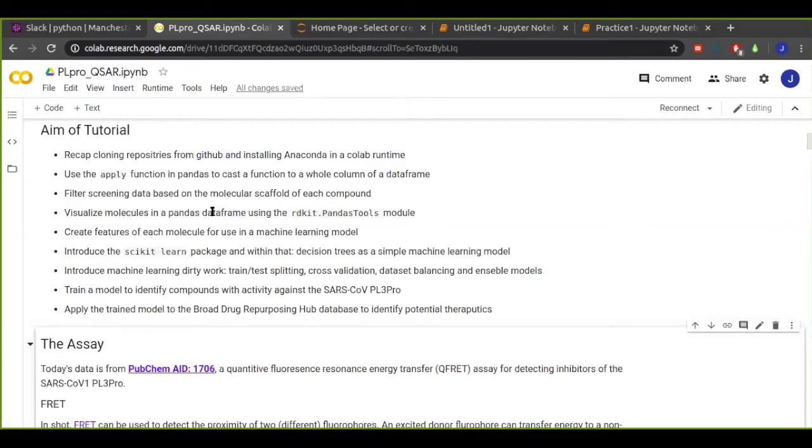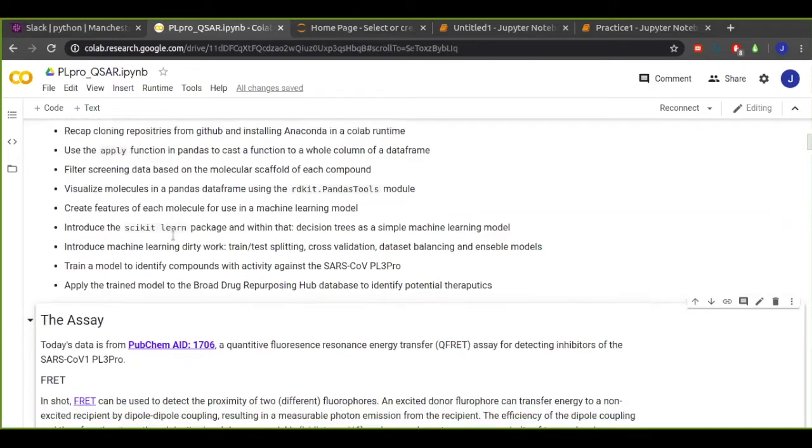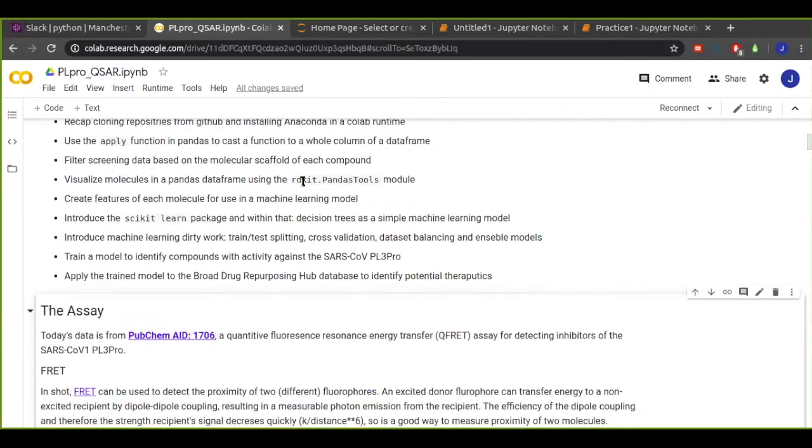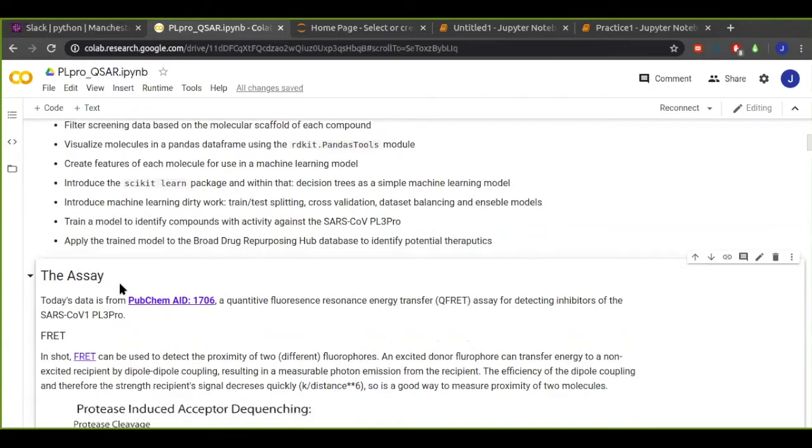So that's neat. We're going to do some visualization of the molecules using the built-in Pandas Tools module in RDKit, which is pretty useful. We're going to generate some features of each molecule that we can then plug into our machine learning model. Essentially, we want to generate a table where for each molecule we have a couple of columns with features like calculated molecular weight, log P, and some other stuff like whether or not the molecule contains a particular fragment.